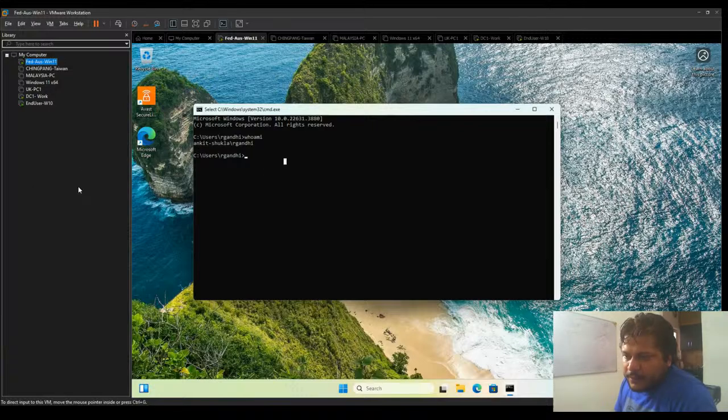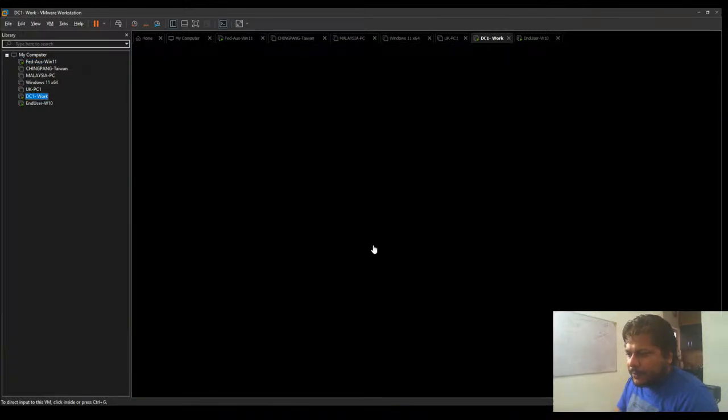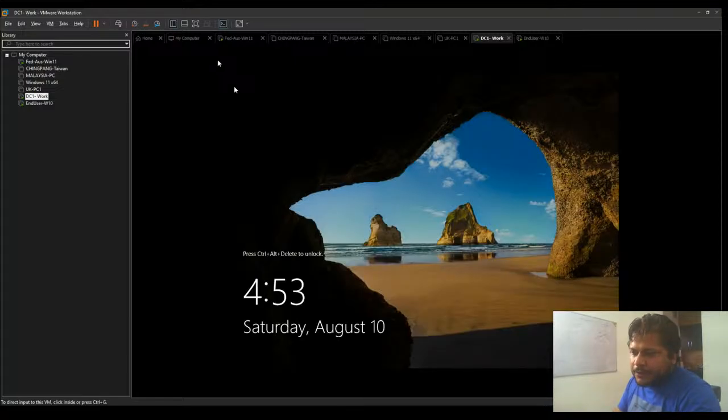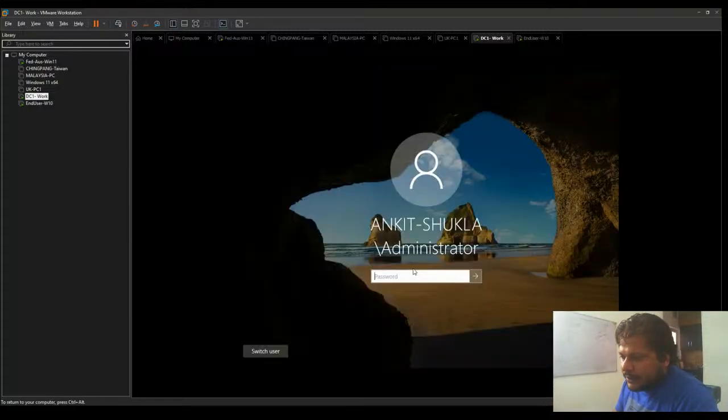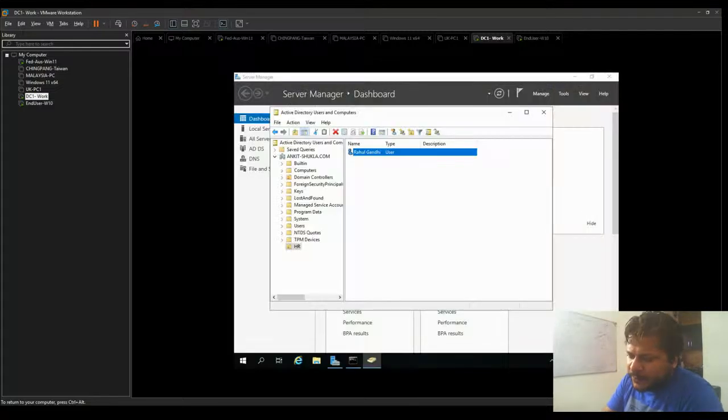The last part for today's session would be to check the DNS management through Active Directory. It is a big topic, but I'm just going to summarize it in very short words. As I explained in my previous video, the DNS or resolver server holds the authority because this is within a closed perimeter of your company's network only.